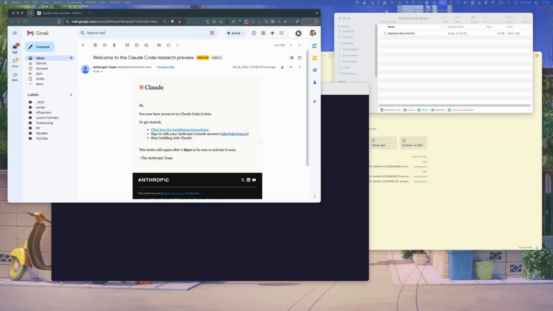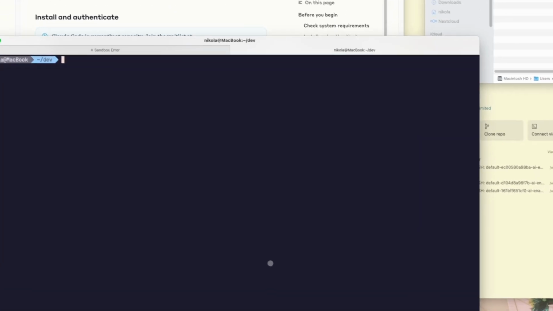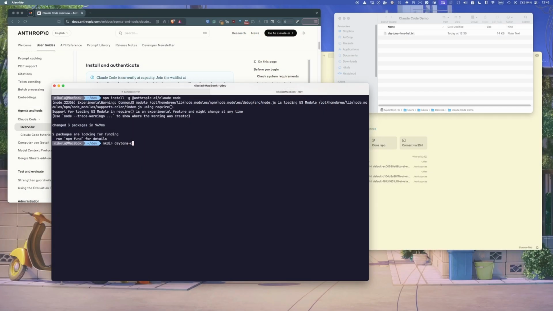Hey, I'm freshly back from New York City from AI Engineering Summit, and this was waiting for me inside the inbox. So I finally have access to Claude Code Beta, and let's see what needs to be done to start going. And let's now create a new directory,